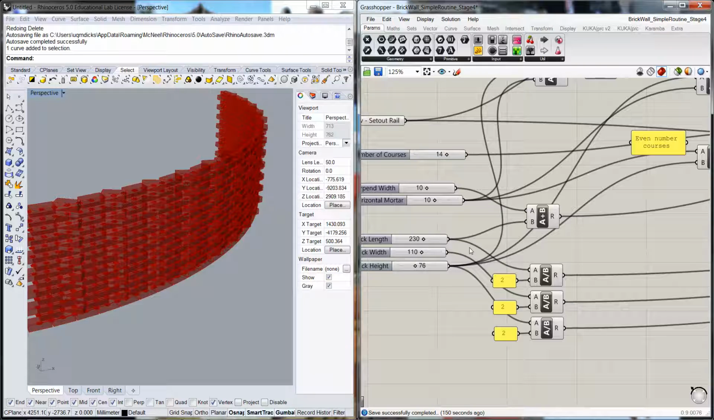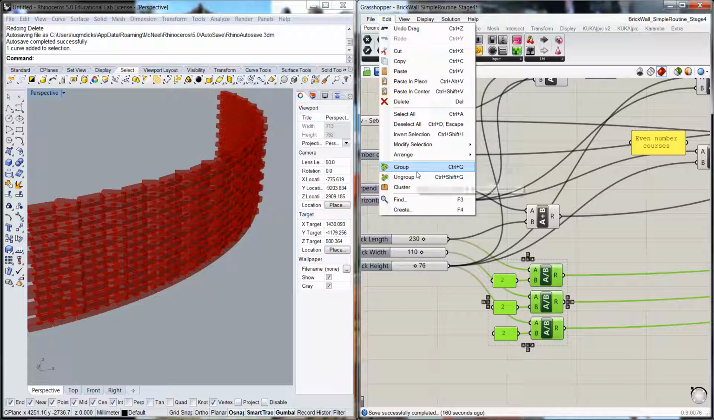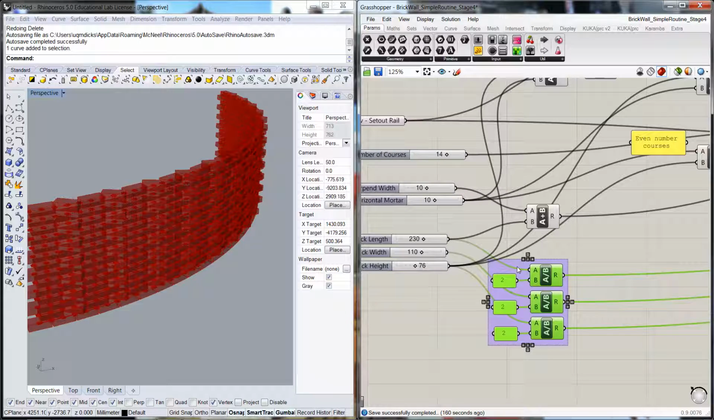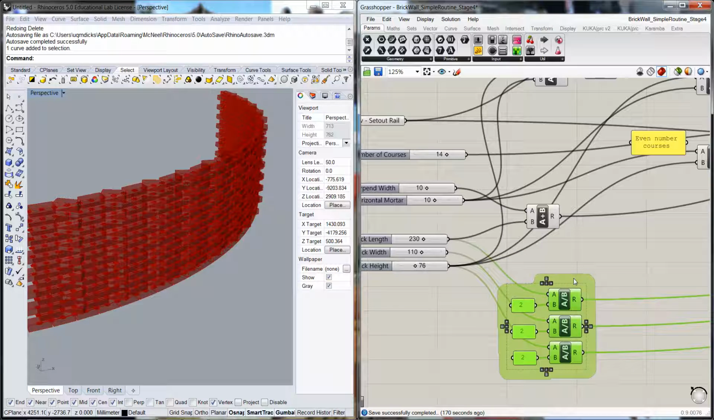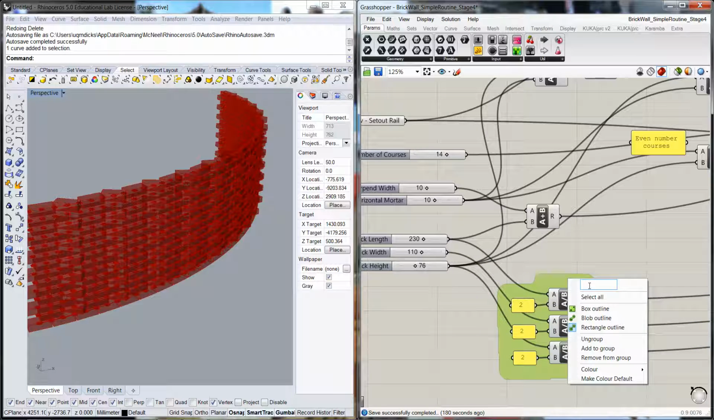Now, what we can do is we can group these. So if we highlight them all, go edit, group, and if we keep clicking the envelope around it, it sort of changes the format of the envelope. Now, we can actually give that a name. So if we click on here, right click, and at the top of that contextual menu we can write